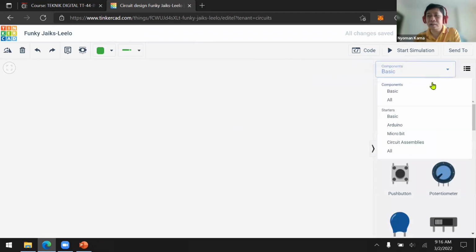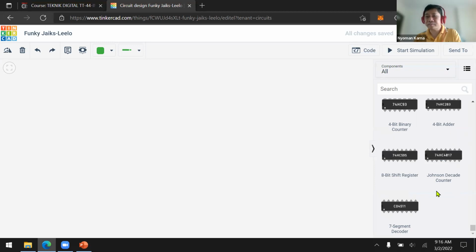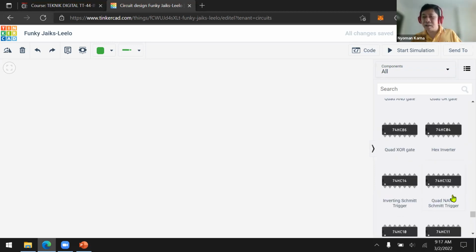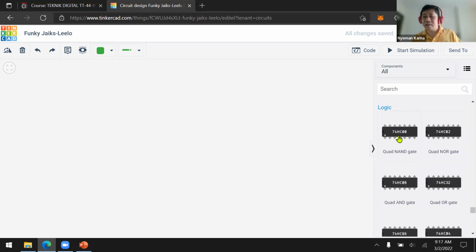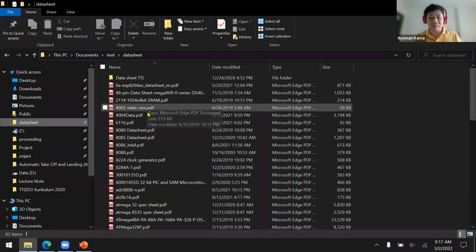Okay, and then this one is supposed to be all. Let's say this one is the NAND gate now. Okay, 7400. I believe I already have 7400.